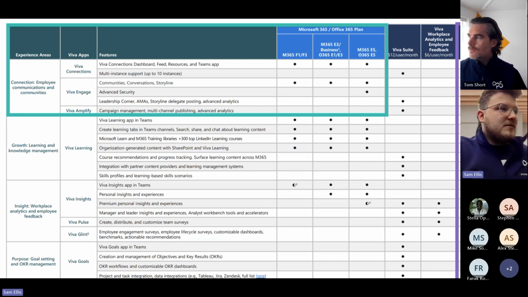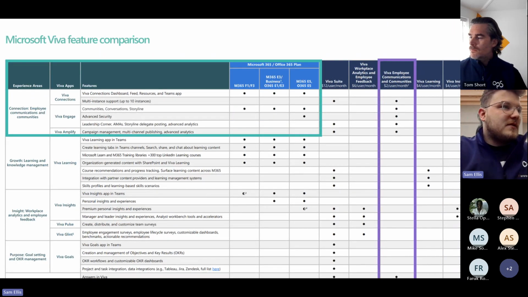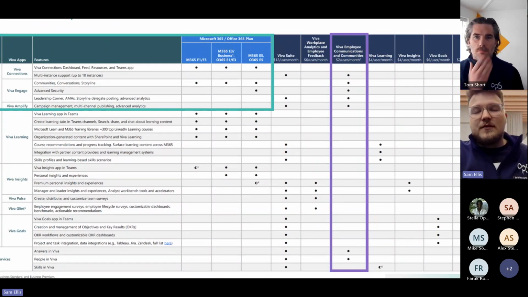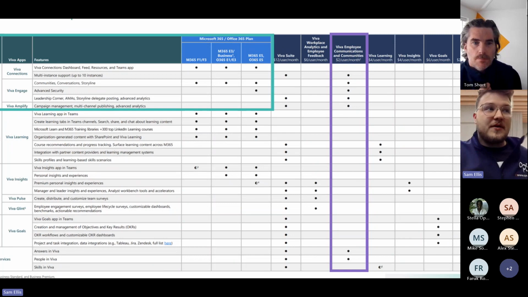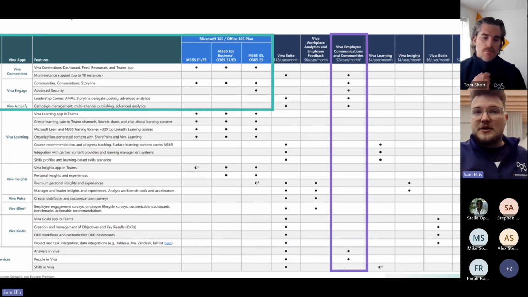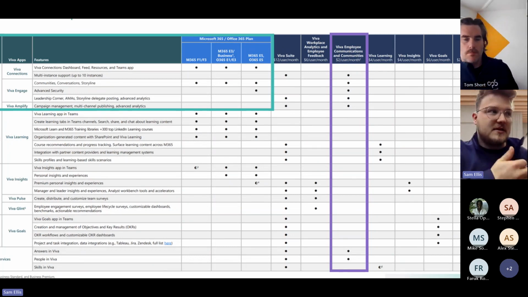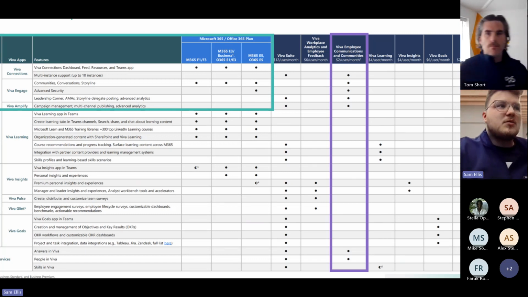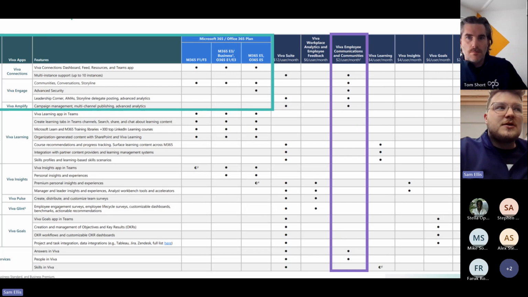And then if I just zoom out a little bit so we can see the rest of the slide, we've got a specific package that relates directly to the Viva employee connections and communications experience. So like I say, the Viva Engage, the Amplify, and the connections. And essentially, that's for $2 per user per month. That gives you everything that you would expect if you had, say, an E5 license, plus the multi-instance support for